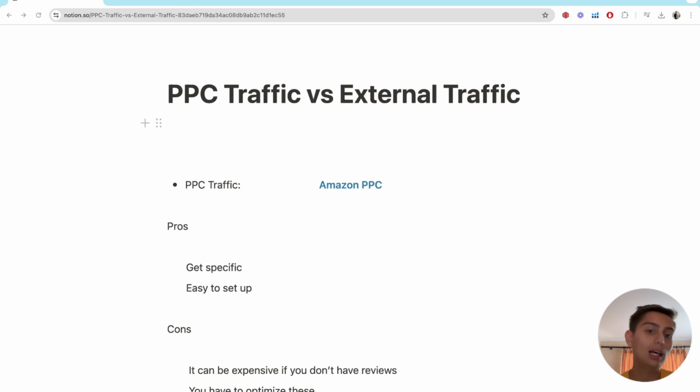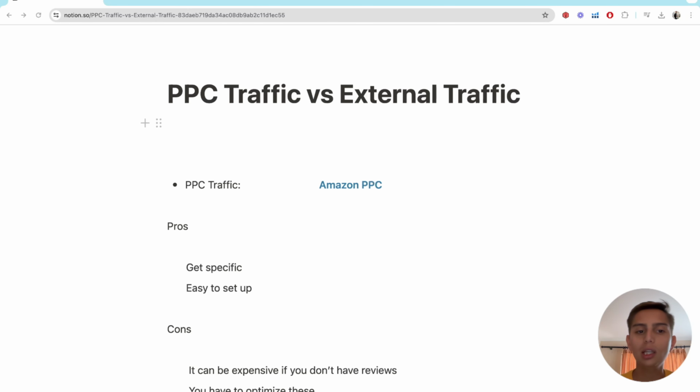So, as I always say, we shouldn't rely 100% on PPC, on the campaigns on Amazon. And not many people know that we can pull traffic from outside Amazon. So this is the ultimate goal. As I just said, the ultimate goal is to have as many organic sales as we can in the long term, and this is going to help us achieve that. So this is part of the process, this is part of the strategy.